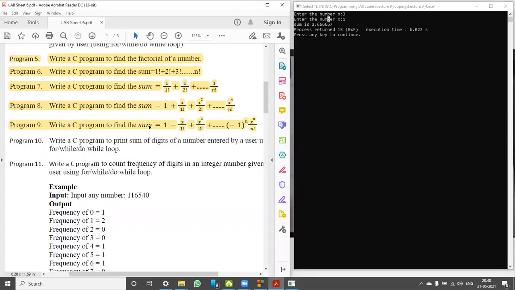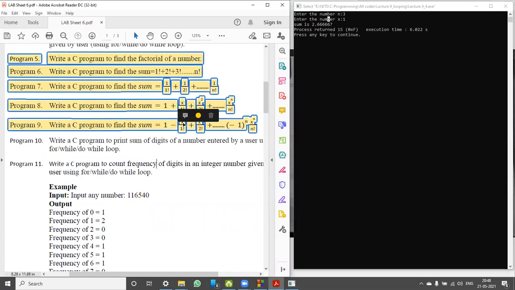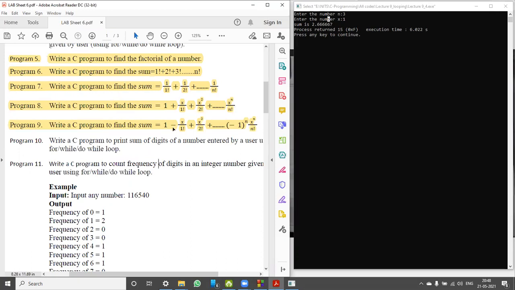Now, in this question, we are using this minus alternative. At first step, we need minus. In second step, we do not need. And it is basically minus 1 to the power n. It means at first step, it is minus. In second step, because minus 1 to the power 2, there is no minus. In the next step, we need minus because minus 1 to the power 3, like this. To do this question, what we can do,